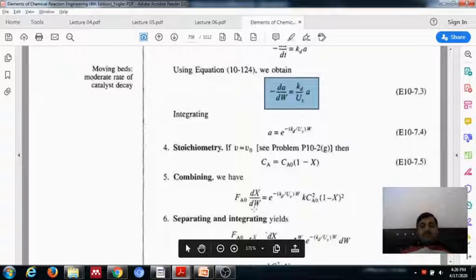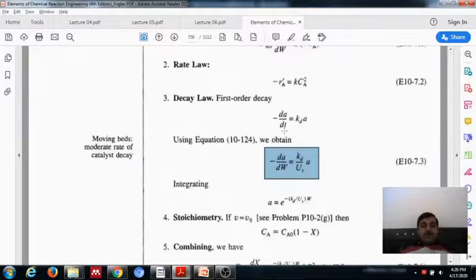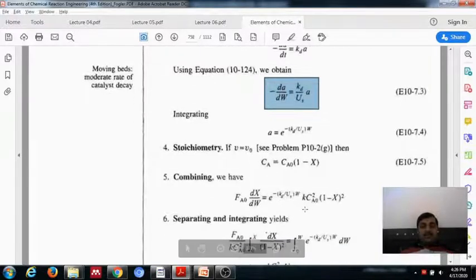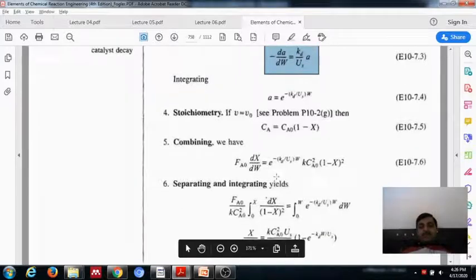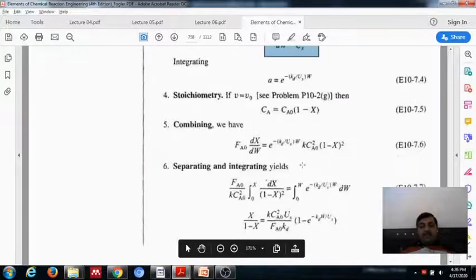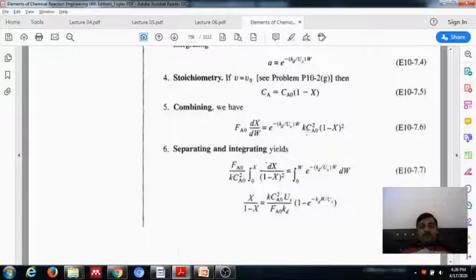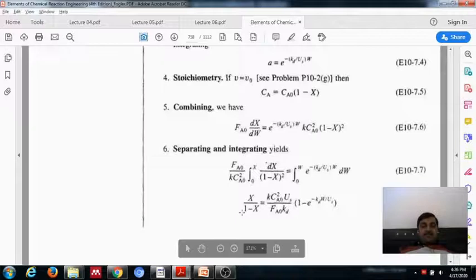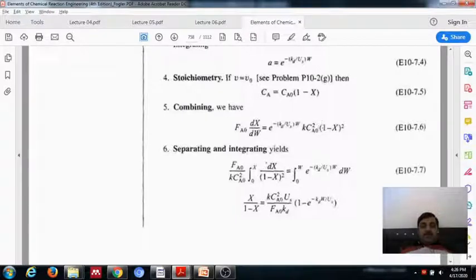F0 dX/dW, you have a, that is exponential minus kd by Us into W, and your rate law is k into Ca square. Ca is Ca0 into (1 minus X), whole square. Now if I separate the variables and integrate, I use the second order rate law. On the left I should get X upon 1 minus X. The rest of the things from here move to the other side: k Ca0 square